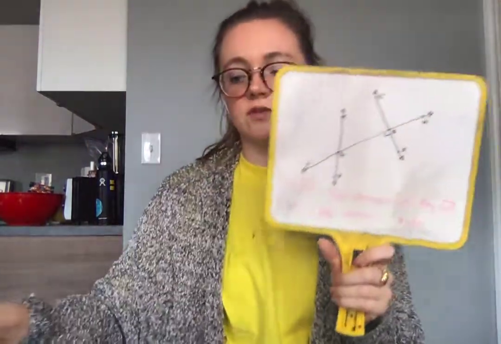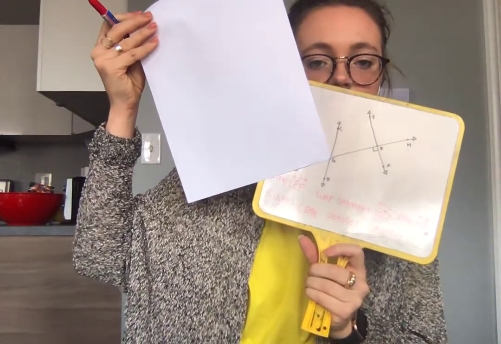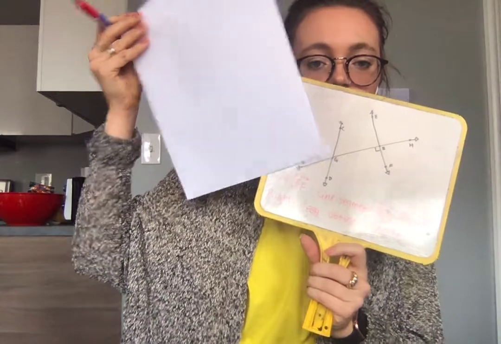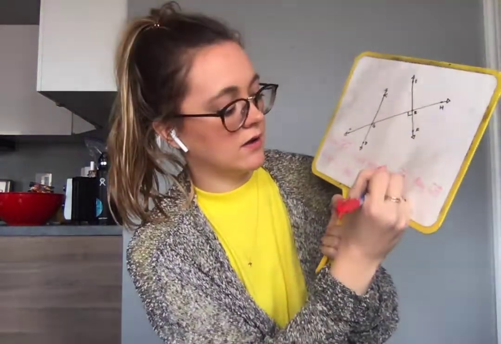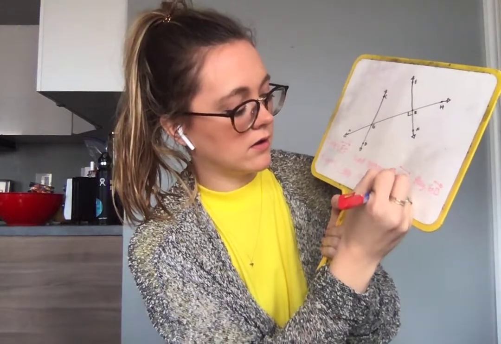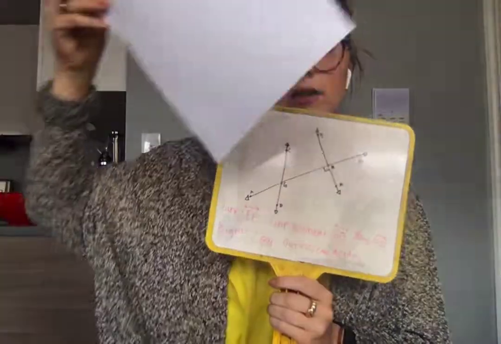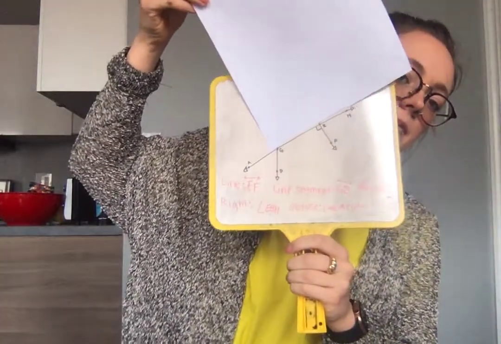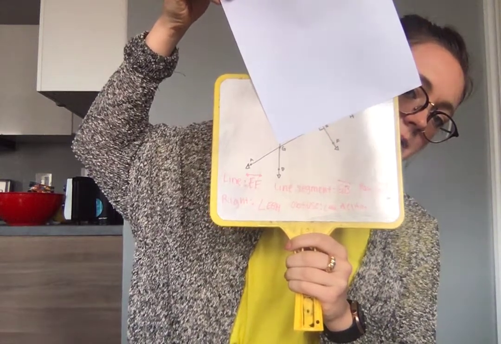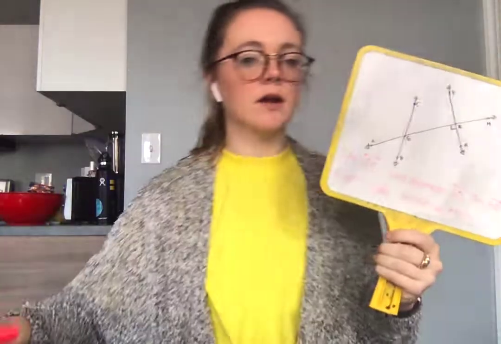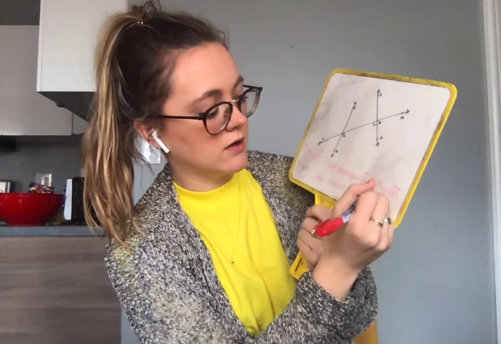Okay, I'm looking for obtuse, so I want it to be bigger than this paper. If I come right here, do you notice that that angle is going out bigger than the corner of my paper? So I'm going to choose that angle, AGC. And then the last one is acute. I'm looking for an angle that's smaller than my paper. And if I put it right here, notice that this angle doesn't show because it's tucked under my paper, which means that it's smaller than my paper. So I'm going to choose this angle, CGH,